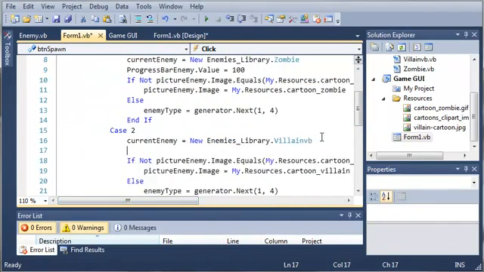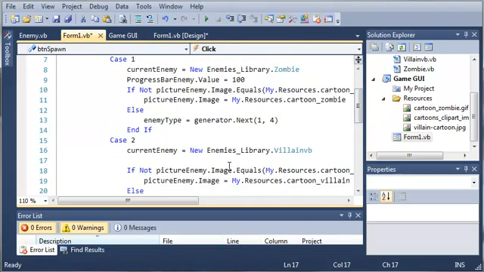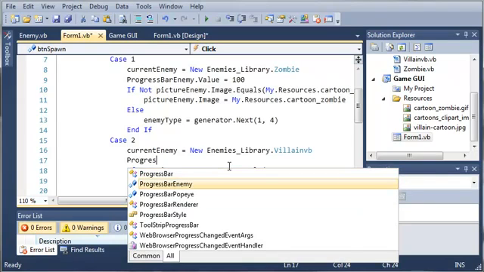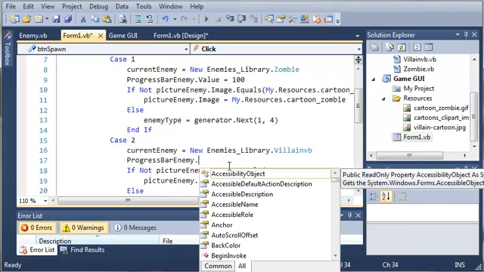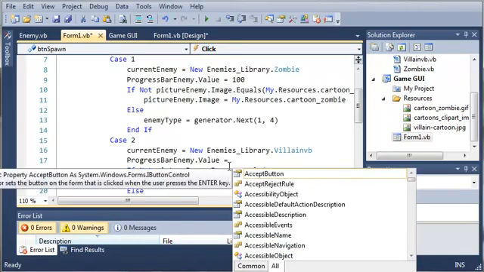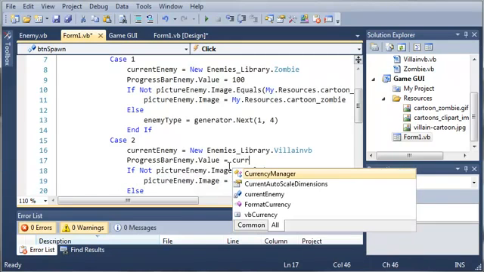So we set the current enemy to a new villain. Now let's set the progress bar. But instead of just setting the value equal to 100, we should use indirection. So we'll use current enemy dot